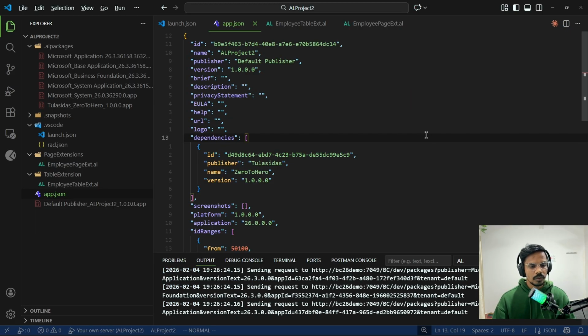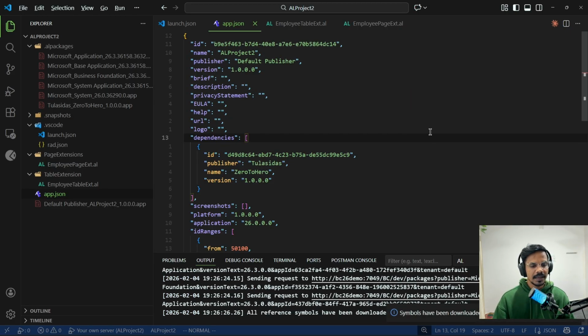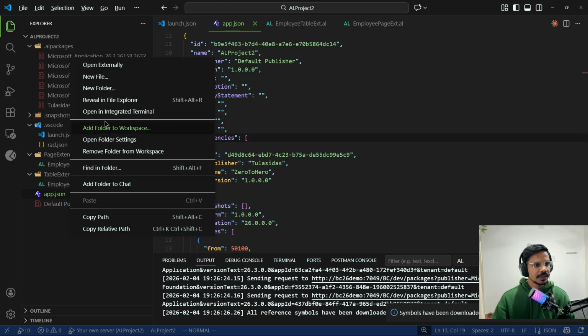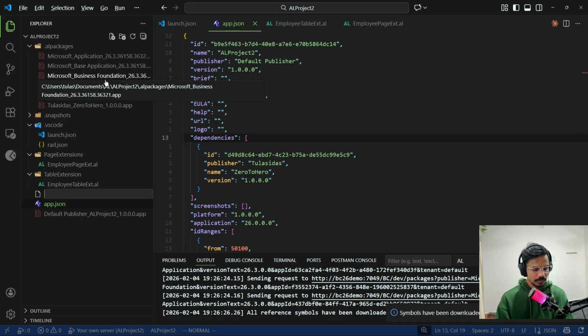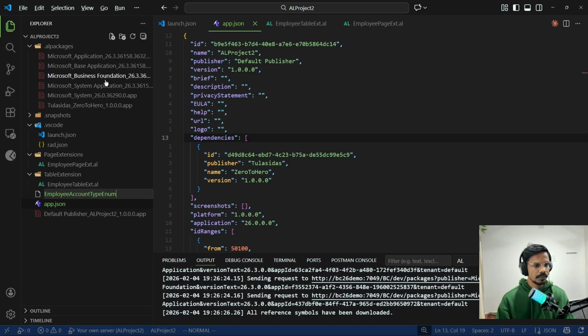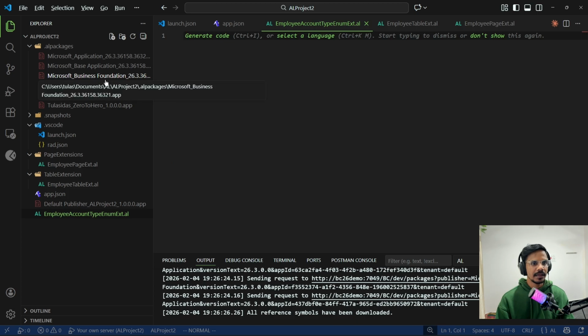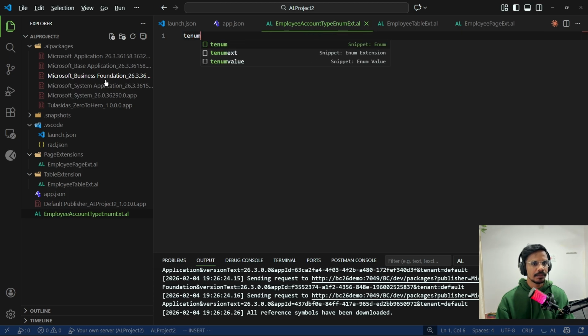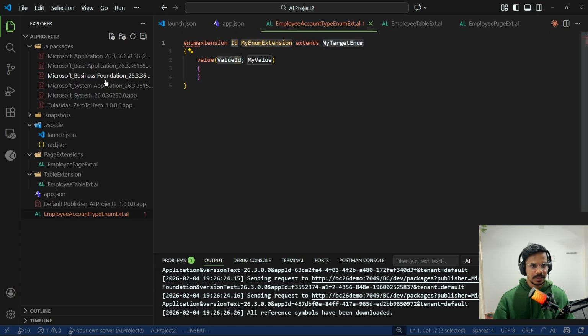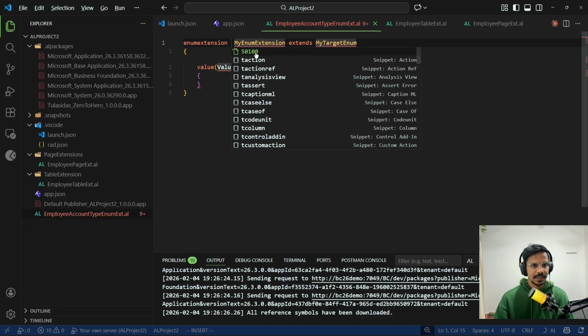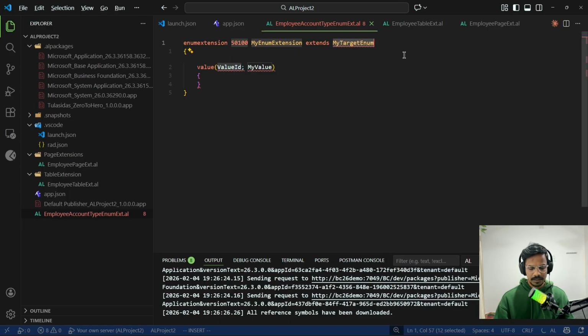So it is going to download the latest symbols, and in this extension now I can create an employee account type enum extension.al. And if I say p enum extension, here you can see I'm going to give the id, and let's say